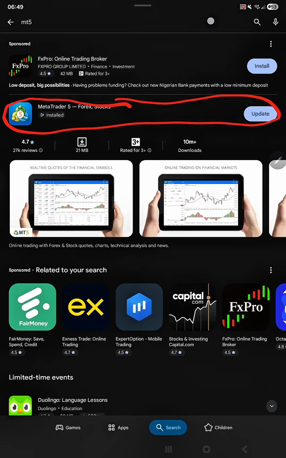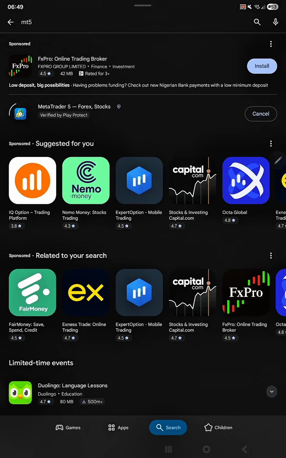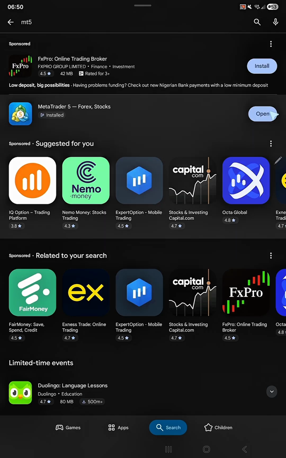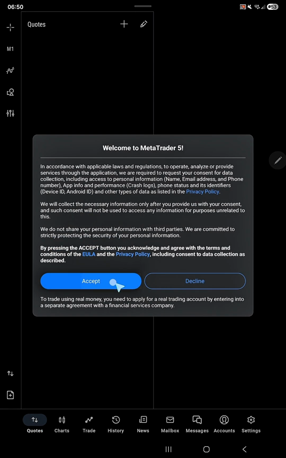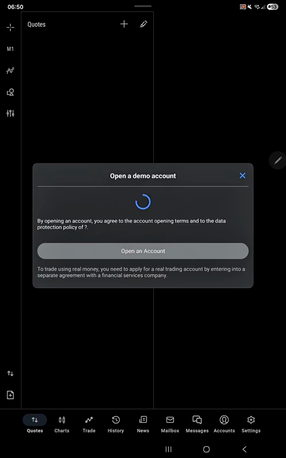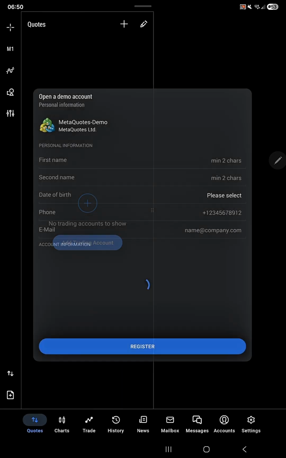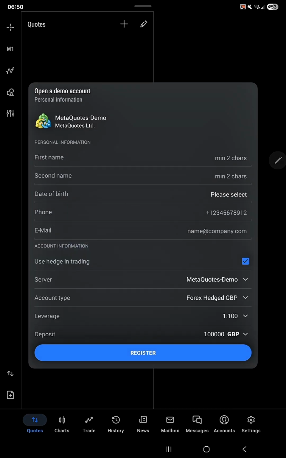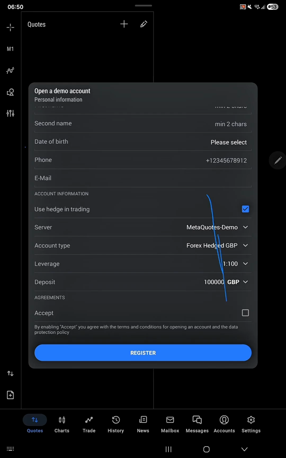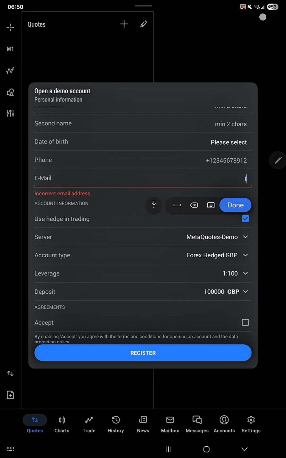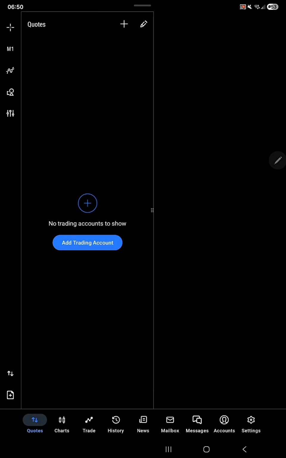Mine needs an update; yours will ask you to install. So you install it. Once you're done downloading, just tap on open and then accept, and then open an account. But this is if you want to open a demo account. Since we are not opening a demo account there,